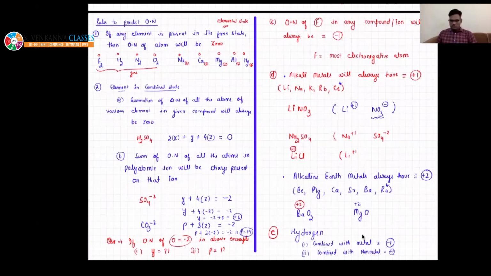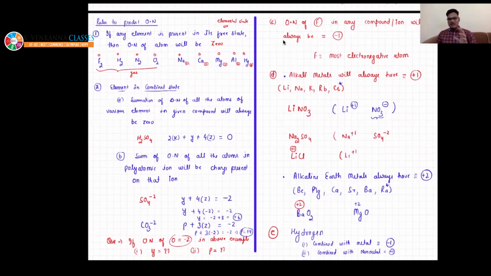Sir, nitrogen is also the same, no, sir? No, beta, not for nitrogen. It is for hydrogen only. I will explain nitrogen, chlorine, sulfur, oxygen later. You just remember the oxidation number of fluorine, of alkali metals, and of hydrogen. They are going to help you in adverse situations when you are not having any information.